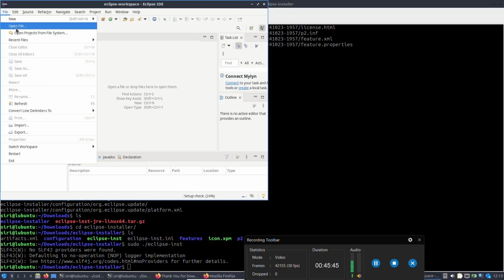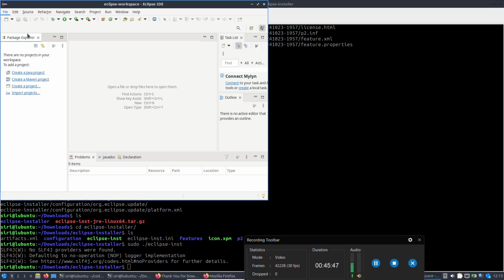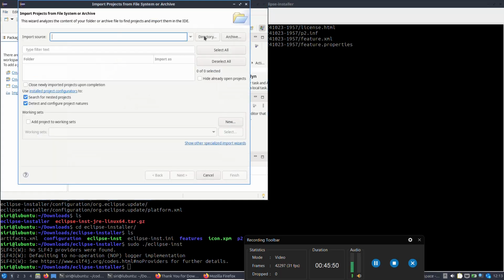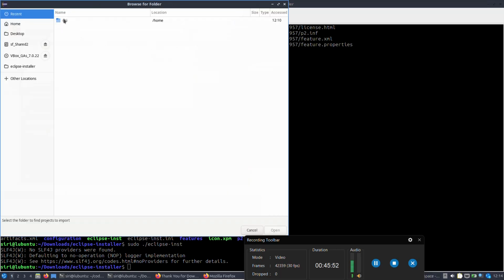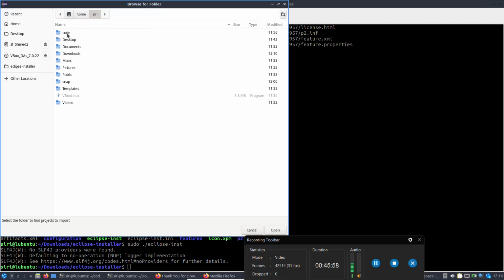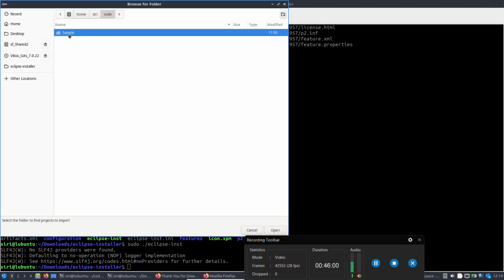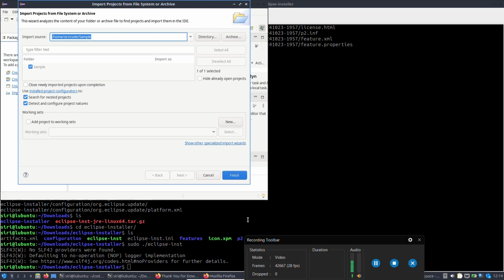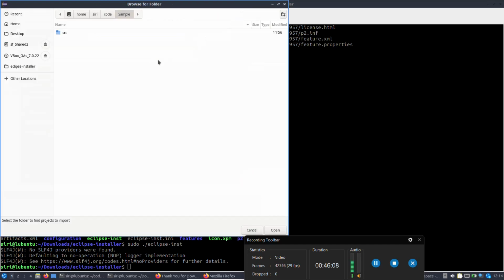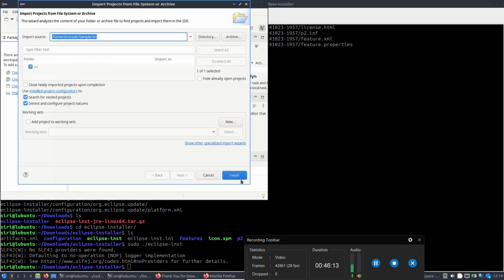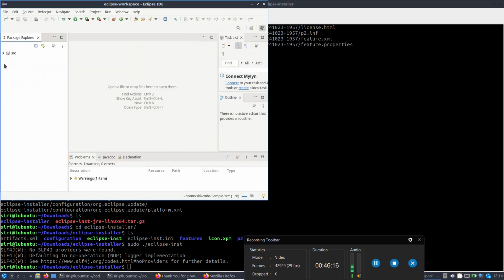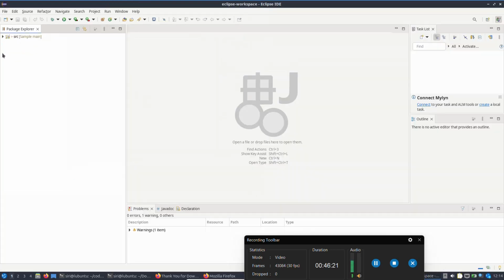Let's open our project here. Whatever the project we have just downloaded, we are going to open that inside the code, inside sample, I think. Yeah. Did it get? No, it's still one level down, right? It should be source. Yeah. Click on finish. Now we got our project which we just downloaded from GitHub,